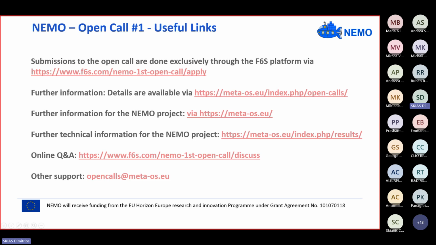Most importantly, the main document, also there will be an additional one or two technical deliverables as they are submitted. But the main document that you have to read and be aware of the technologies and the components and the details of the interactions within the NEMO project, so that you can be aware of what technologies we will bring natively in NEMO, so that you can propose extensions, is deliverable 2.1. That concerns the NEMO meta architecture. It is the first version that provides holistic technical information about the project.